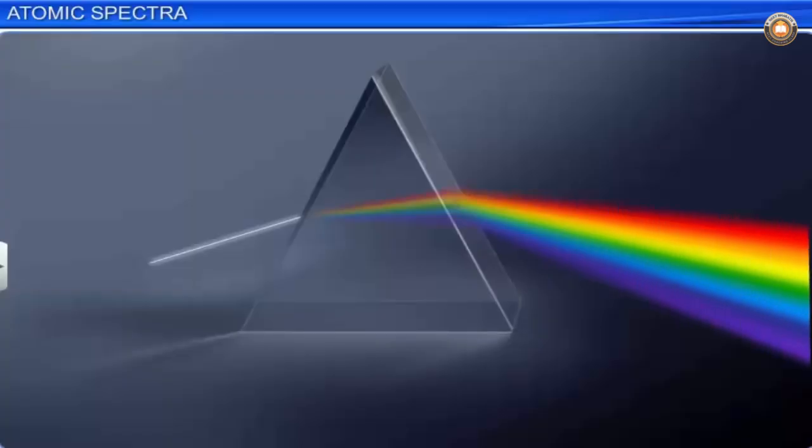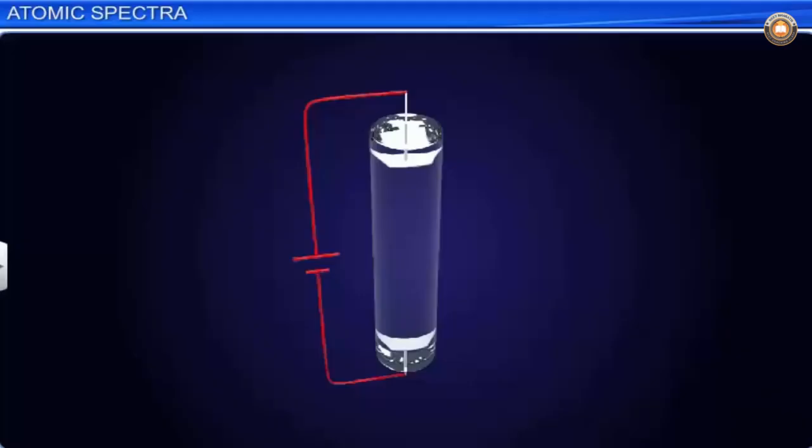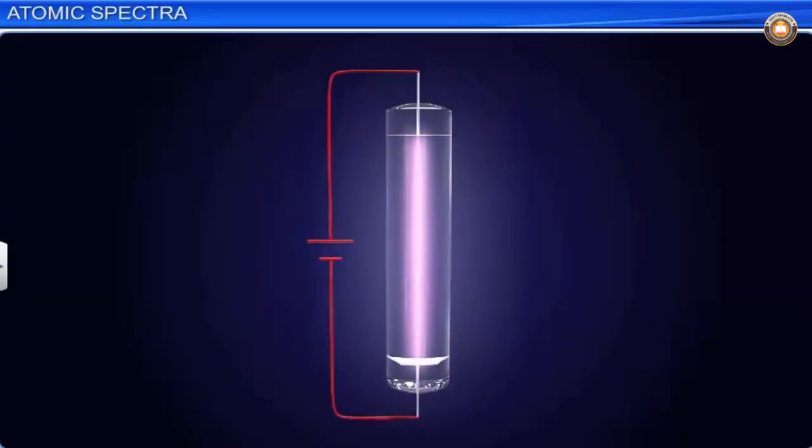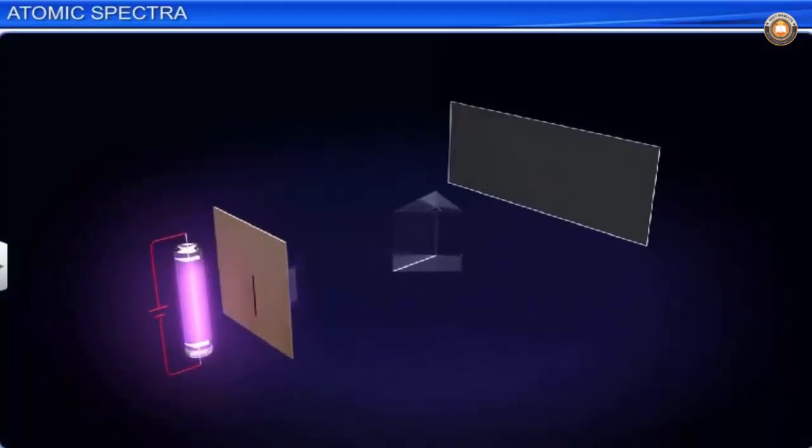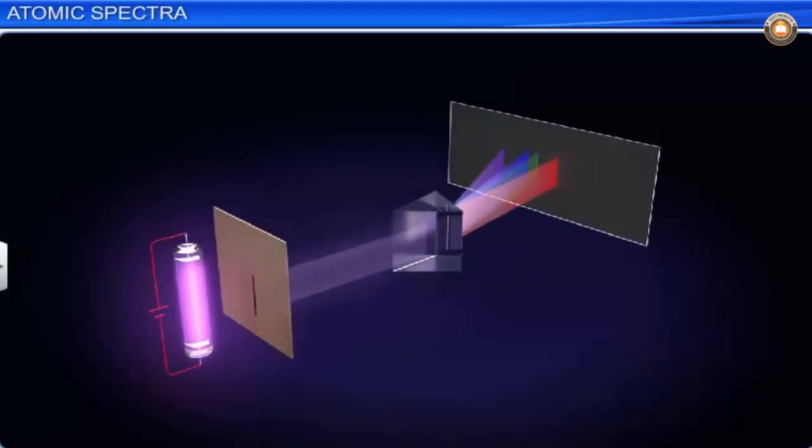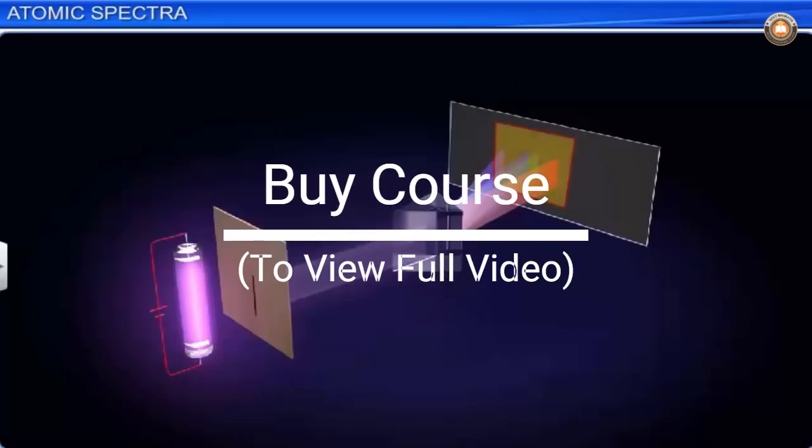This spectrum appears as bright lines where one color gradually merges into the other, without a clear demarcation between the adjacent colors. Similarly, when hydrogen gas, which is enclosed in a sealed tube, is heated to high temperatures, it emits radiation. When this radiation is passed through a prism, we obtain the hydrogen spectrum. This spectrum is not a continuous spectrum. It consists of some sharply defined, discrete